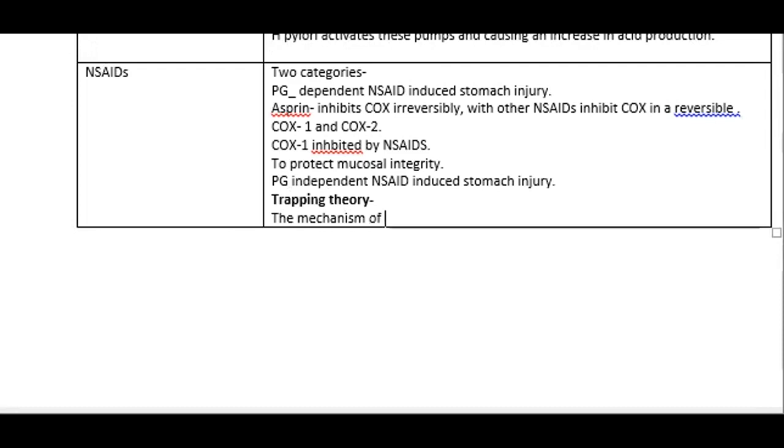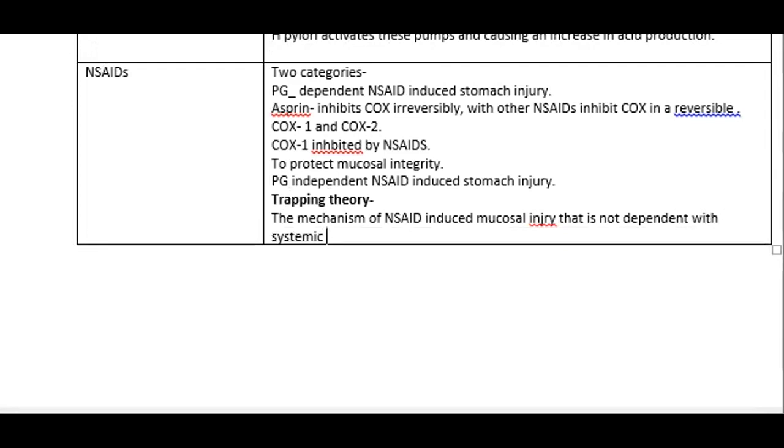This is the mechanism of NSAID induced mucosal injury that is not dependent on systemic prostaglandin deficiency and includes local injuries of these agents. Most of the NSAIDs are weak organic